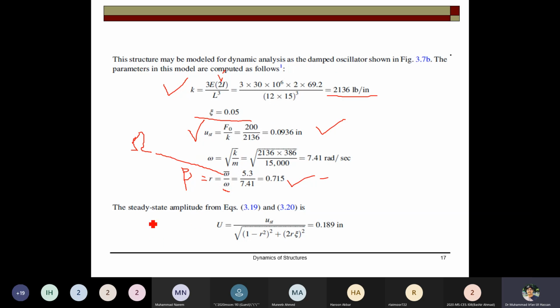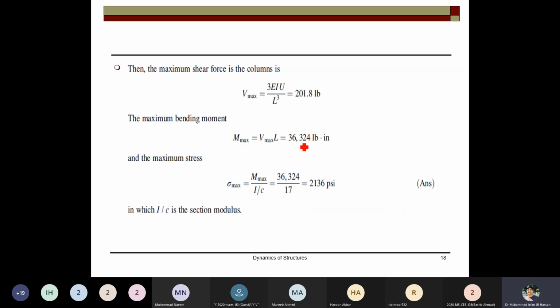Now you can compute the steady state amplitude. Steady state जो amplitude है, rho or U in the book, is equal to the UST, P naught over K, divided by 1 minus beta square whole square plus 2R zeta square. तो यहाँ से आप इसका amplitude निकाल लेंगे, steady state amplitude of the system. And from that now you have the amplitude. Amplitude से आप force निकाल सकते हैं because stiffness is equal to the